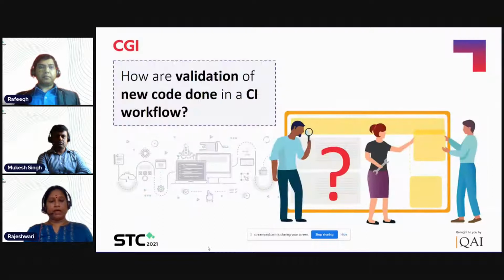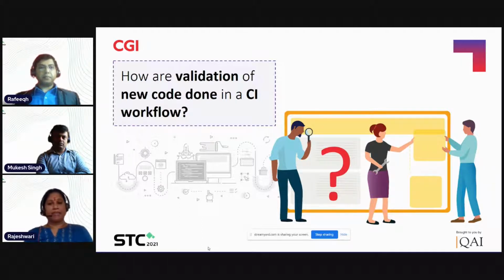Coming to one basic question: nowadays we are in the world of agility. So how is the validation of new code done in a continuous integration workflow? Continuous integration and validation are essential for any accelerated product development. When we talk about the agile world, even though the dev team and the QA team are working closely together to improve the quality of the product, the QA team has its own set of test cases, and the dev team has its own set of unit test cases.